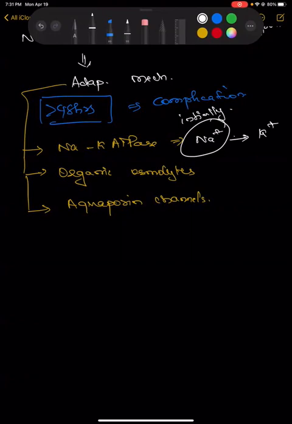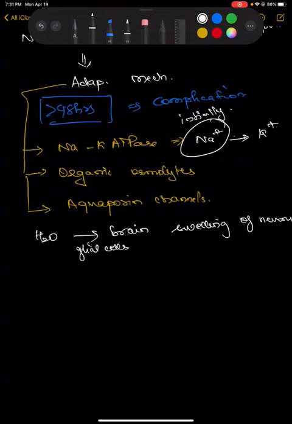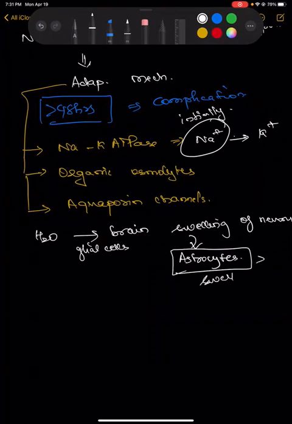Aquaporin channels help in the water influx into the brain via the glial cells, and they lead to swelling of the neurons. But in order to protect the brain neurons, as a compensatory mechanism, this water is shunted into the astrocytes. All of this is reversible until it reaches the astrocytes. Once the astrocytes start to swell up, and this usually happens after more than 48 hours, this is one of the reasons why it becomes irreversible.